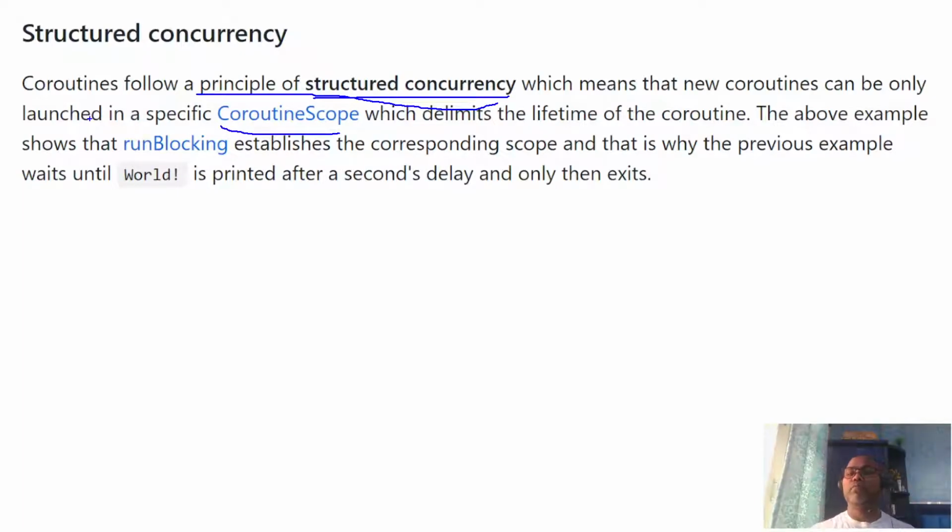So please ensure that whenever you run a set of code asynchronously, that code starts somewhere in the scope of a coroutine, so that the Kotlin compiler knows this code is going to run in an asynchronous fashion.